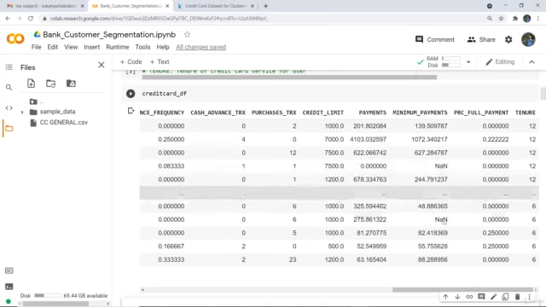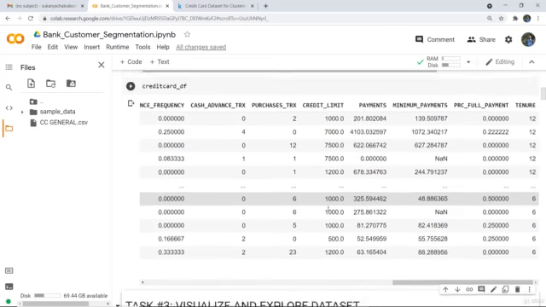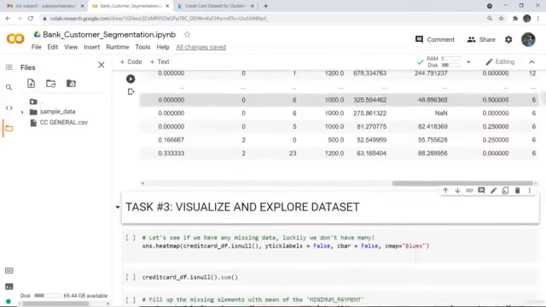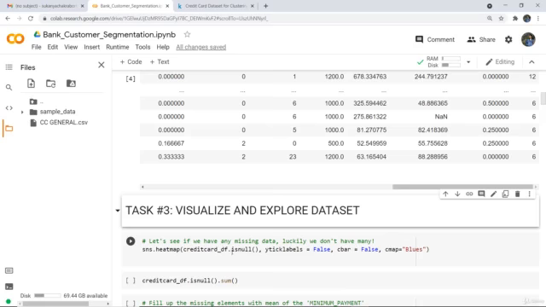Here you can see that there are several NaN values also. Now while we are training a particular model, we have to remove these not a number values also, so that we will also see. And we will see that in visualize and explore the data set. So firstly, what we are doing is, we have to see if we have any missing data or not.